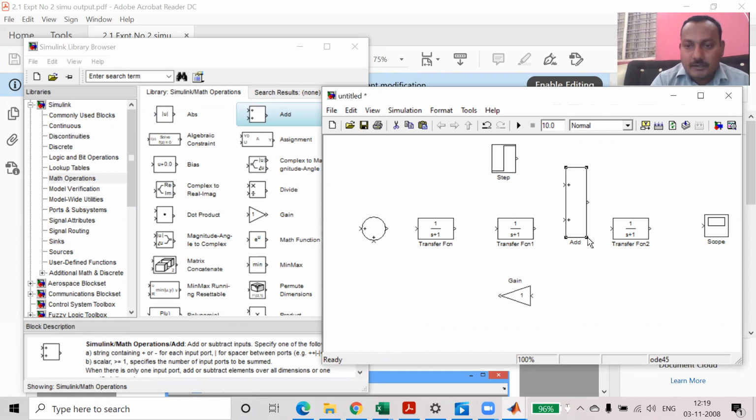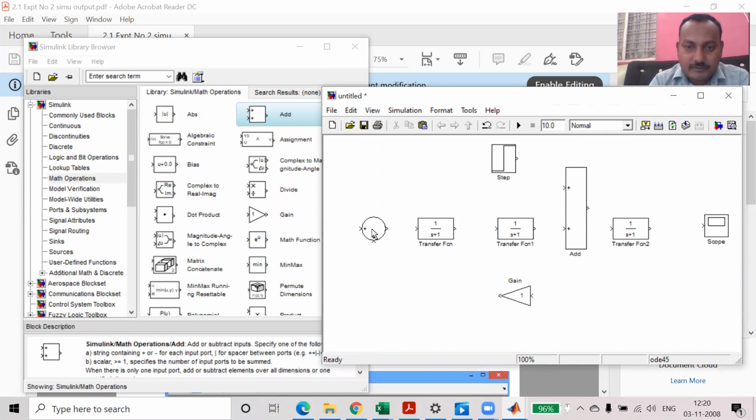This add block we can see here. Okay. Now we got all the blocks. Now our task is to connect all the blocks to each other.